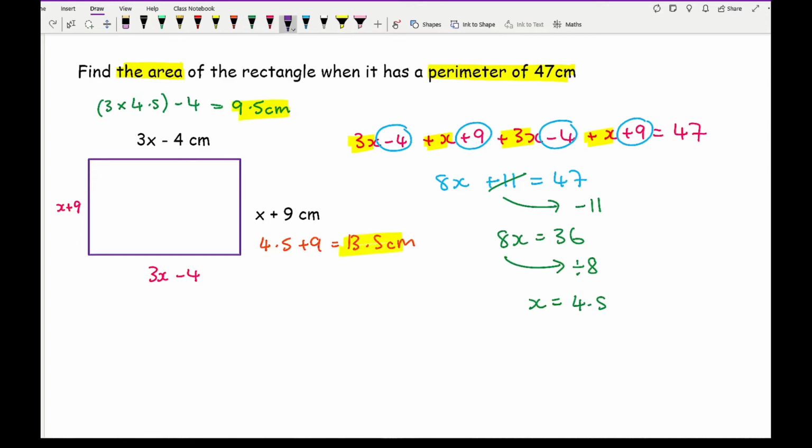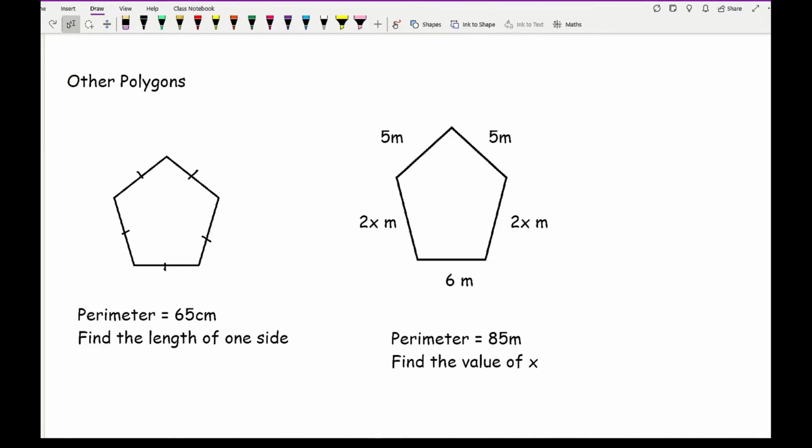So working out the area, it's going to be 9.5 times 13.5. Again, type that into my calculator, and that gives me an answer of 128.25, and the units are going to be centimeters squared. So looking at these other polygons, the first question here says that the perimeter of this pentagon is